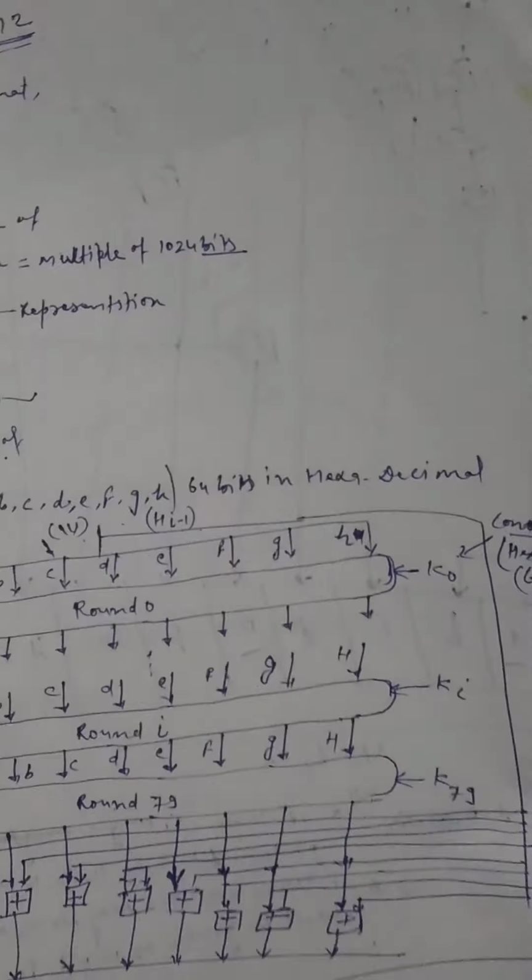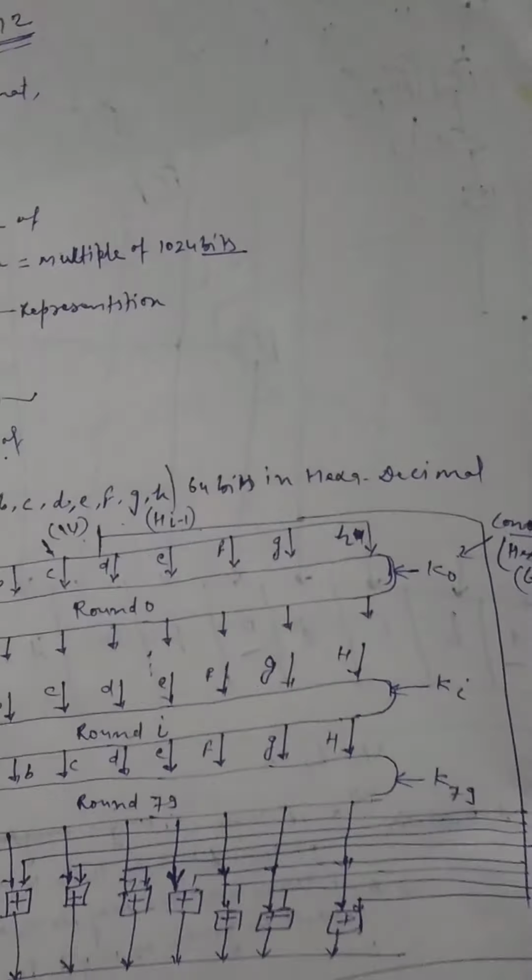Now four new terminologies came. First one is the conditional function, and the next is the majority function. In the case of MD5 we have also seen such kind of function. How to calculate the majority function? It will apply on A, B, C. A's value will be ANDed with B's value, B's value ANDed with C's value, and C's value ANDed with A, and finally we take the XOR and we can calculate our majority function.